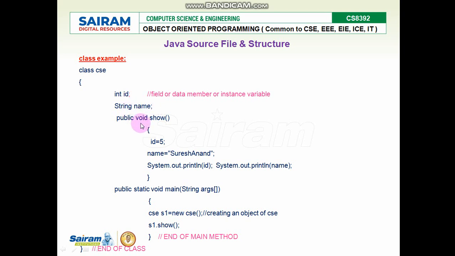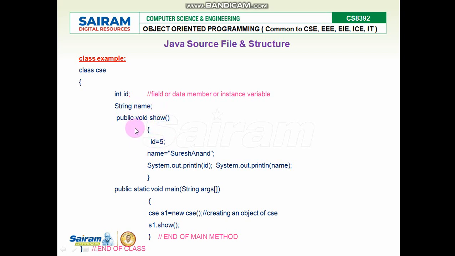And here we have one function, public void show, which initializes two values, id equal to 5 and name equal to Suresh Anand, and System.out.println is a function for displaying the id value and the name value. End of the void show function. So class is the combination of variables and methods or functions.